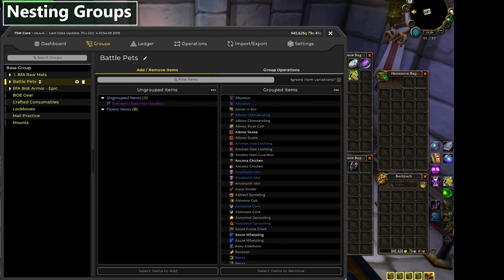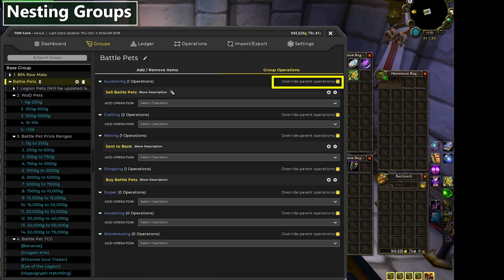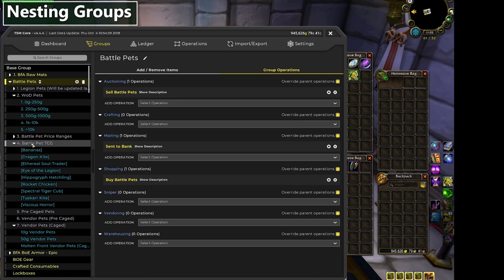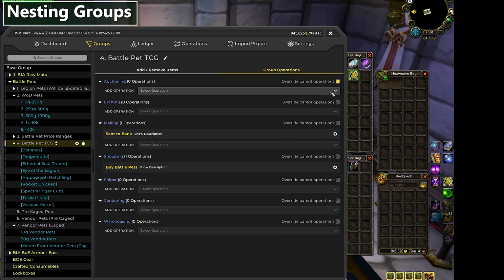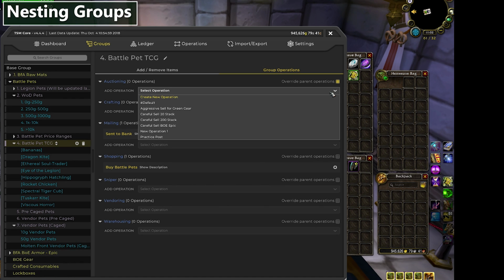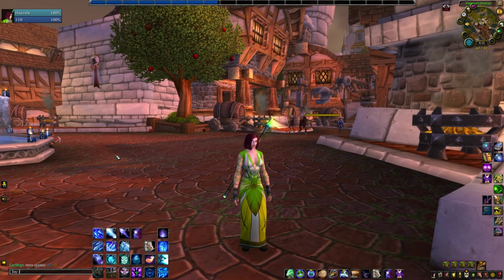You can add subgroups to groups to let them share an operation from above them. You've also got an override parent operation option to let you choose a new operation at any point in that tree. The kid groups are going to do what the parent groups do unless you tell them otherwise with that override. The override then applies to every subgroup further down in the tree until it hits another override or the bottom of the tree. Something important to remember in TSM4 is that the base group is a mega parent that applies to everything. So apart from the base group, you don't start out with any groups, but there are a few ways to get them.